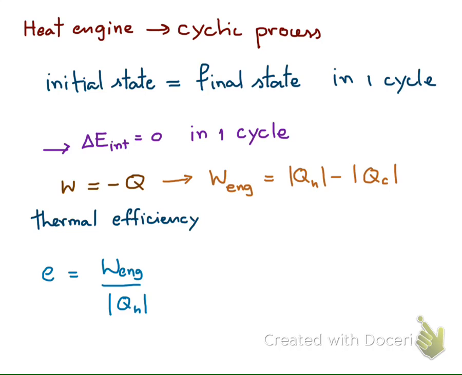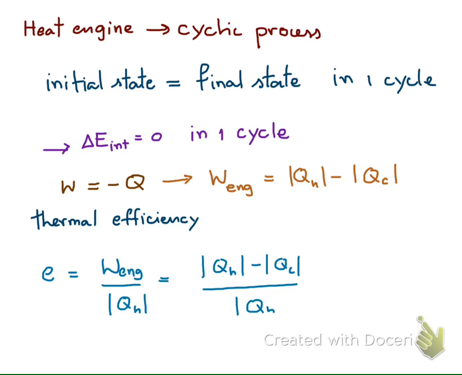We input the energy by the amount of Q_H, and what we get from the engine is the work done by the engine. And from this relation, we must have that this is equal to Q_H minus Q_C over